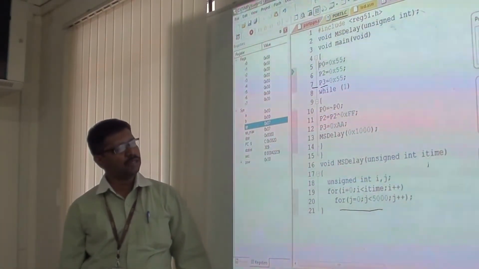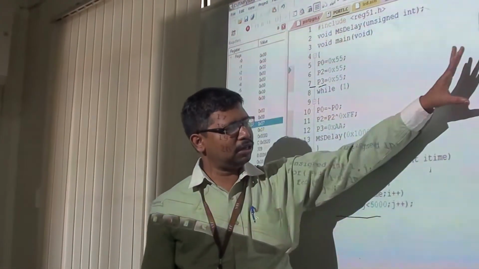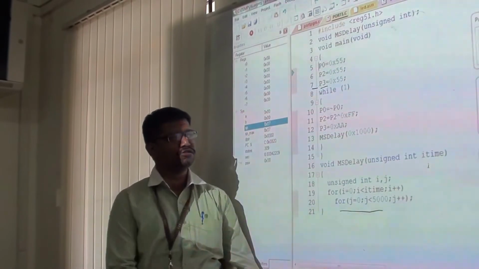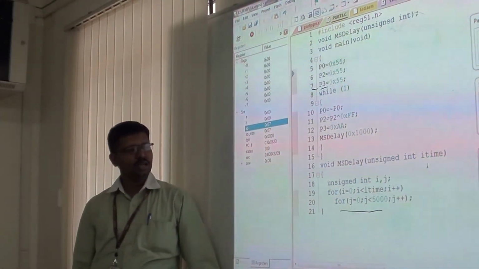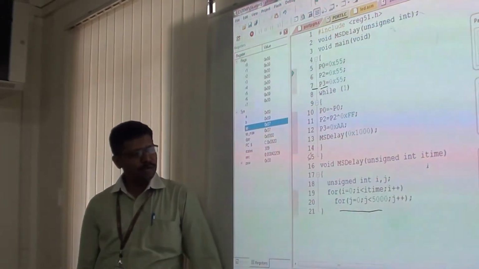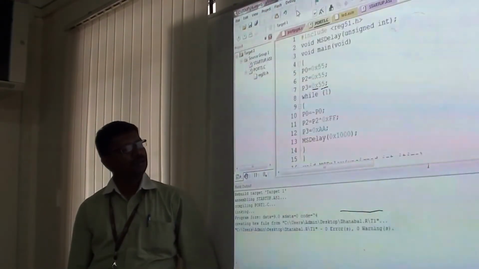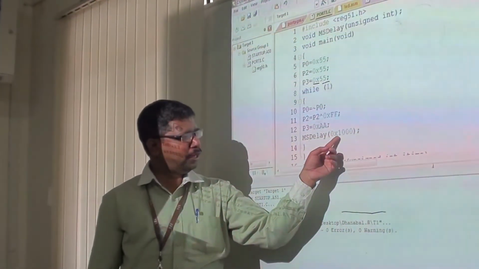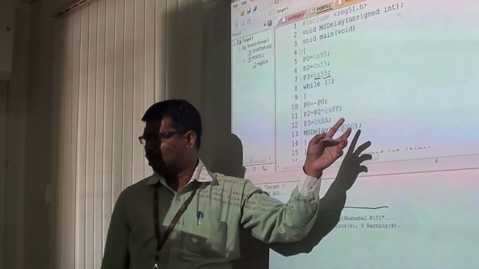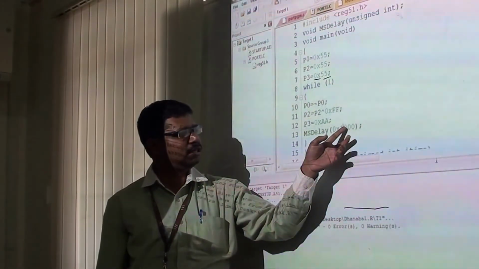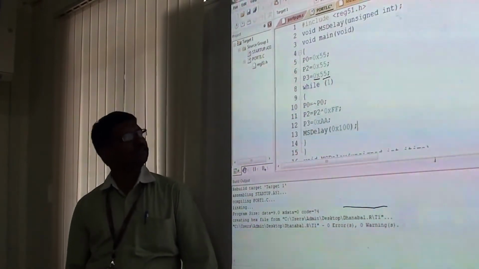Okay. So if you run the program continuously, we have to observe whether the toggling operation is occurring or not. Because, observe, since the delay is too much, it may be very slow in visualization. Okay. So we can stop this program and we can reduce the delay. Just stop this program. Okay. So after stopping this program, we can modify the delay parameter whatever you have used. So 1000 H we have done or 100 H we have given. Instead of that, we can give 100. So with 100 H, we can observe in what way it is going to affect.